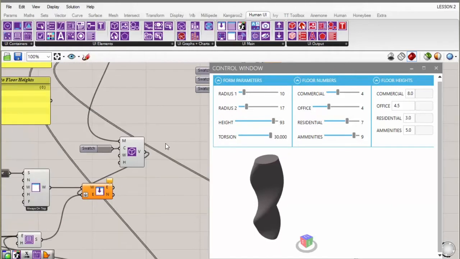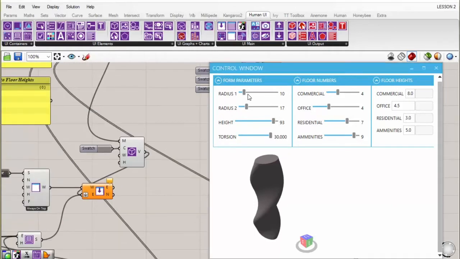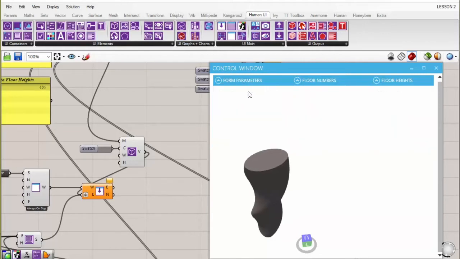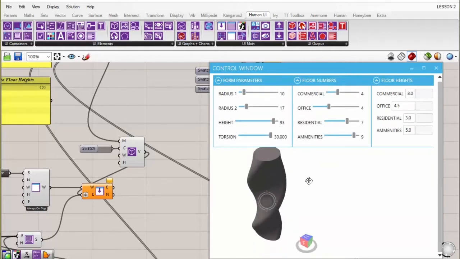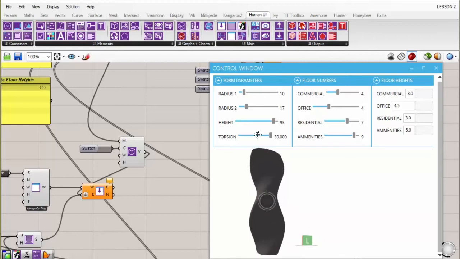So when I try to move this, everything freaks out. And sometimes it won't even let me do anything. I can still move this, but changing any of these sliders to modify this form is becoming a problem.